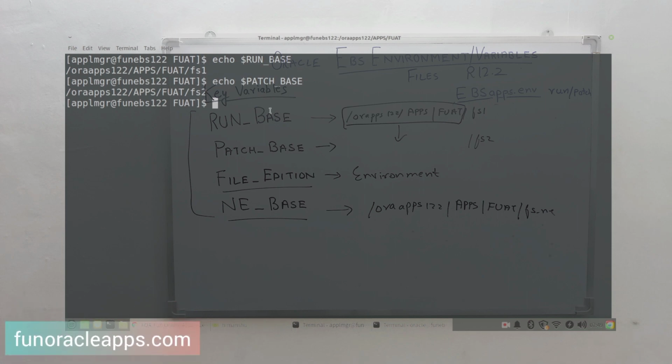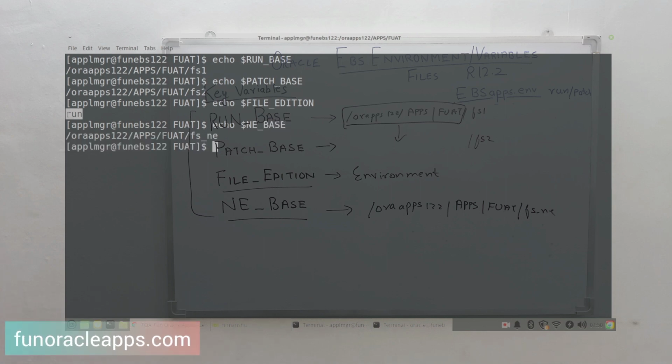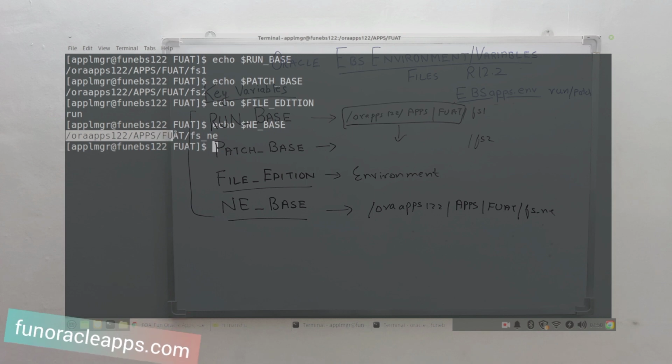Then which environment I actually set using the EBSapps.env, so I will do echo $FILE_EDITION. Okay, so I have set my run file system, so it will show me run. Then echo $NE_BASE. What will it show? It will show me the non-edition file system location.